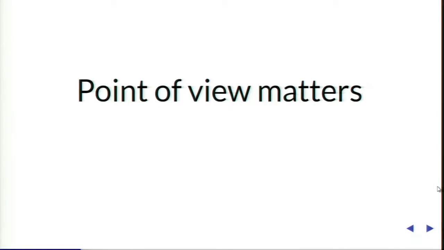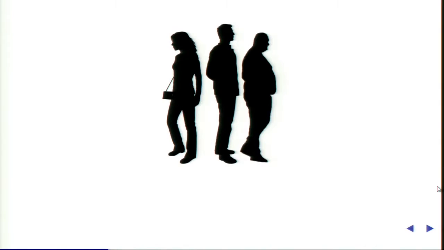Now, of course, the point of view, the perspective that we take on those projections is going to make a huge difference in our ability to answer questions. For example, here's a group of 3 guys standing around, and we can see that they're different. They've got different heights and so forth. But if we change our point of view and look at their silhouettes from a different angle, we get a lot more information about them.